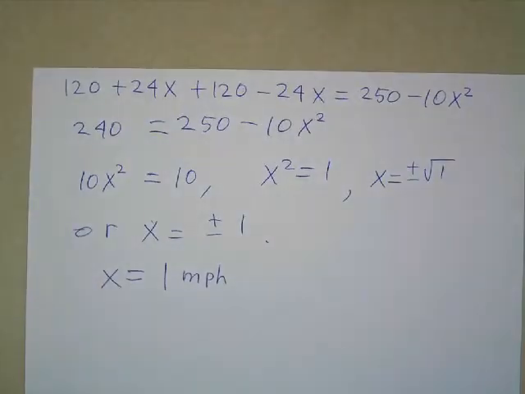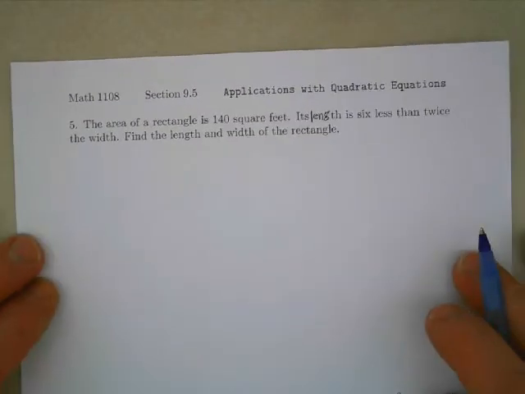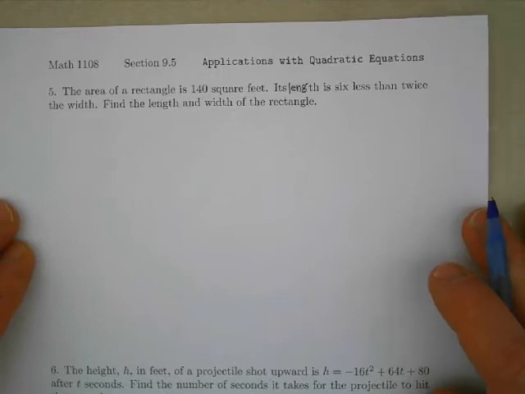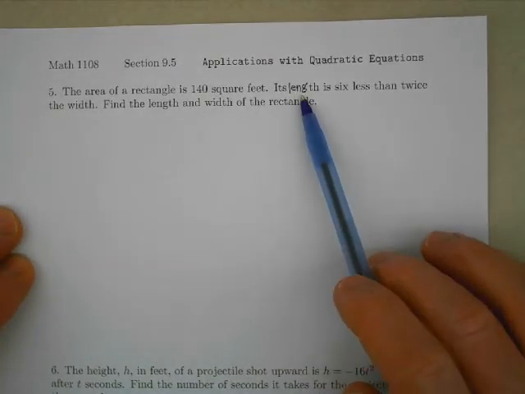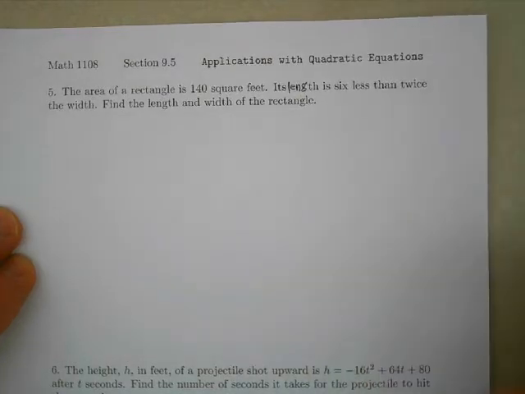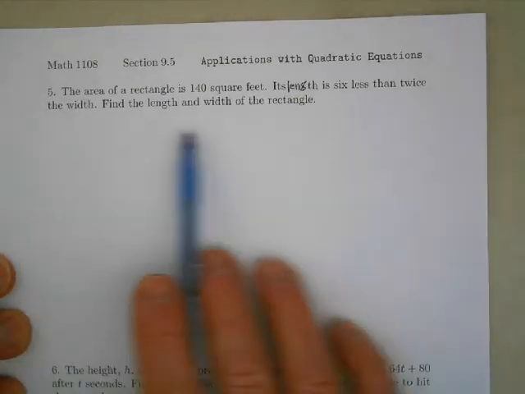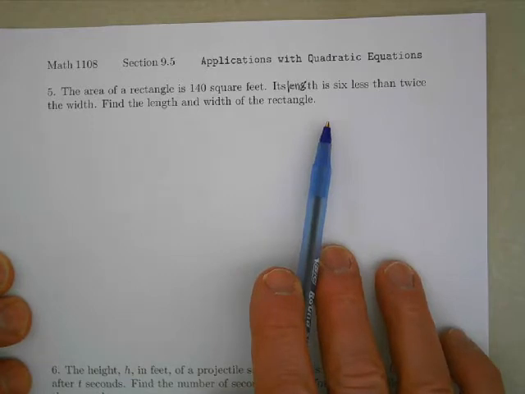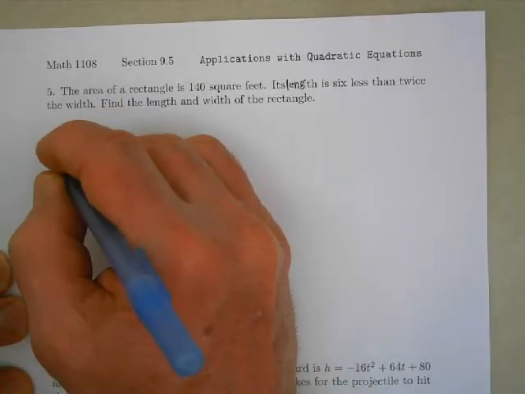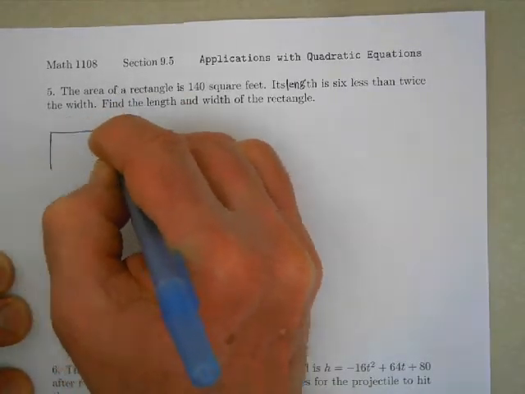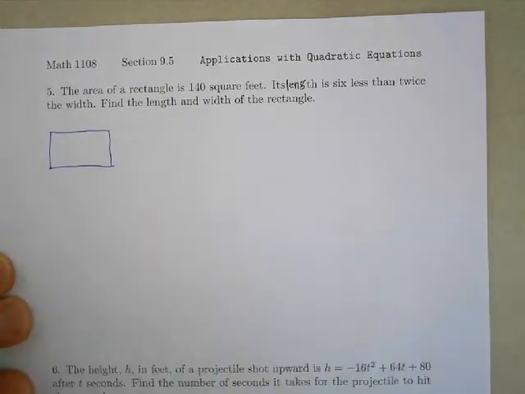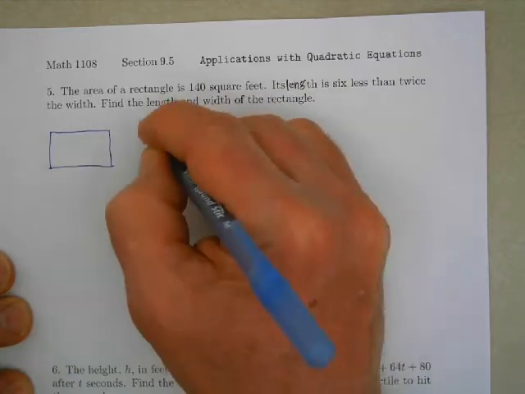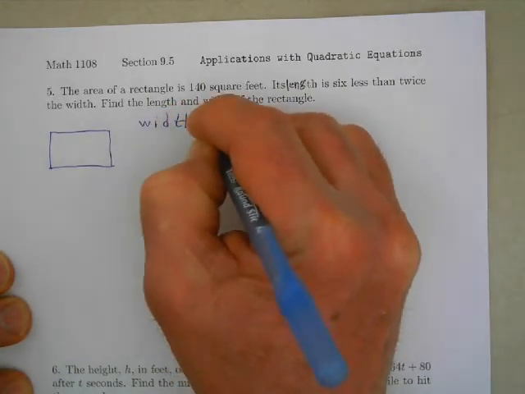Okay, we'll move on to the next problem, problem number 5. The area of a rectangle is 140 square feet. Its length is 6 less than twice the width. So find the length and the width of the rectangle. If you want to draw a rectangle, you can. And let's label the width x